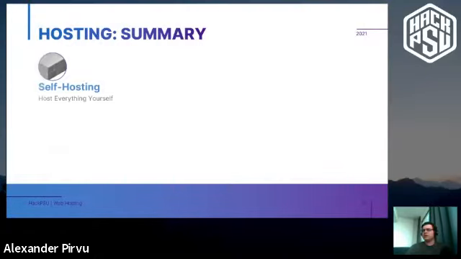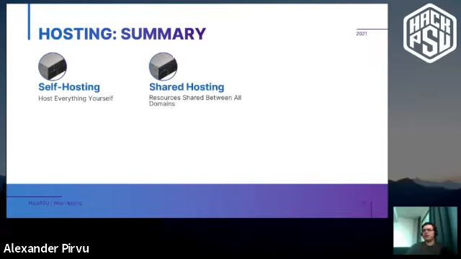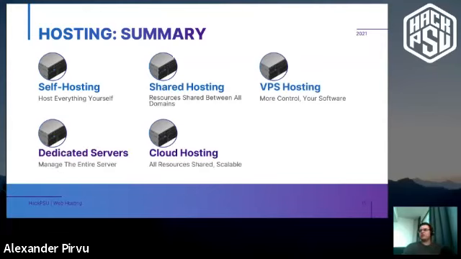So a little summary: we have self-hosting, where you can host everything yourself. You have shared hosting, VPS hosting, dedicated servers, cloud hosting, and finally you have co-location, which we don't really cover in this workshop, but in essence, what you're doing is adding redundancy. And that can be useful, obviously, if, let's say, one of the data centers you're running your applications on goes down, well, you have a second